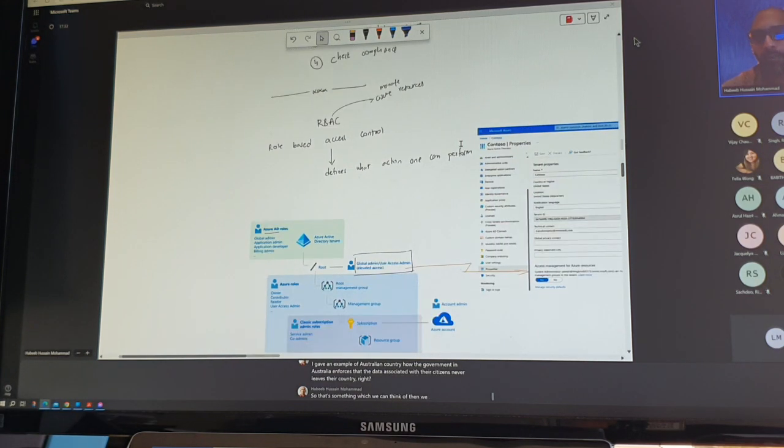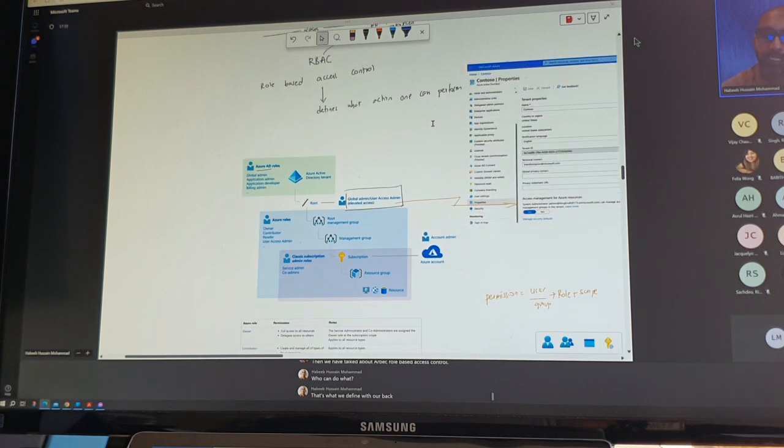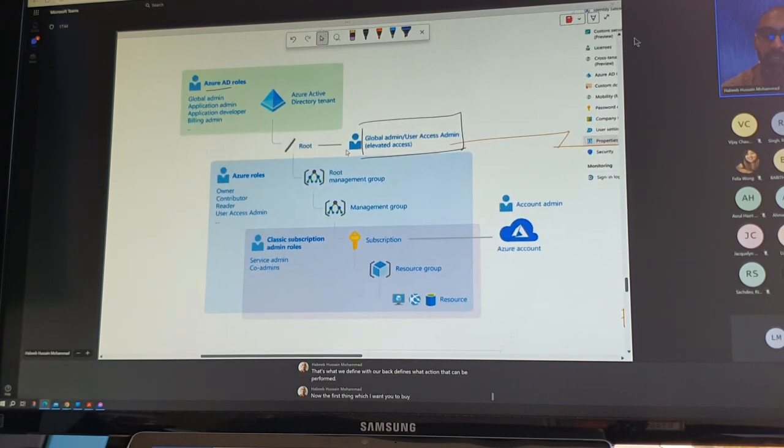Then we have talked about RBAC, role-based access control. Who can do what? That's what we define with RBAC. It defines what actions can be performed. Now the first thing which I want you to buy was, hey, RBAC